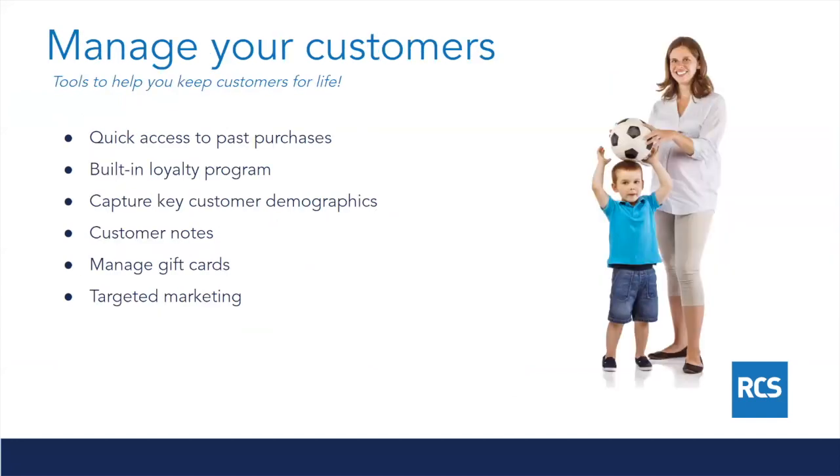So, managing your customers. Counterpoint gives you the ability to set up customers for life. I know as a mom, my kids started T-ball, and of course I needed to go to the store to buy them the T-ball gear that they needed. And then once my oldest daughter hit high school, she entered into the field hockey world, which I knew nothing about. So it was key for me to go to a sporting goods store who knew how to size my daughter's stick, make sure I had the proper equipment,